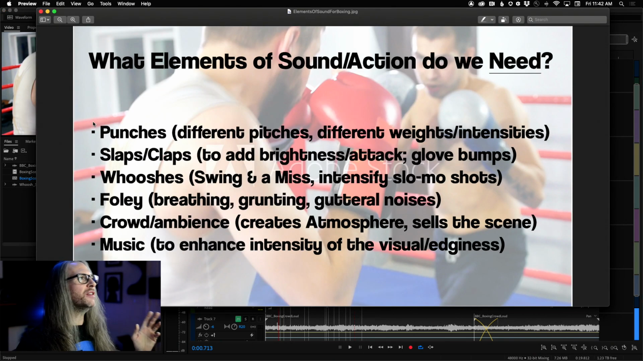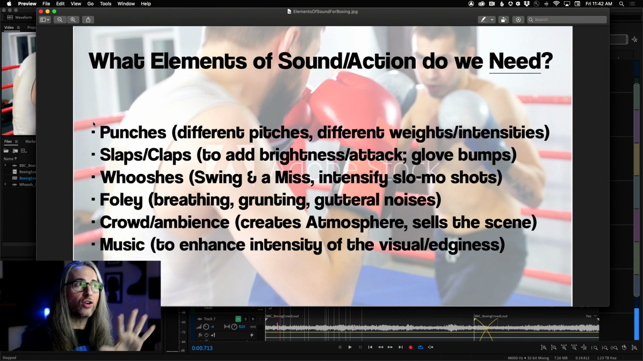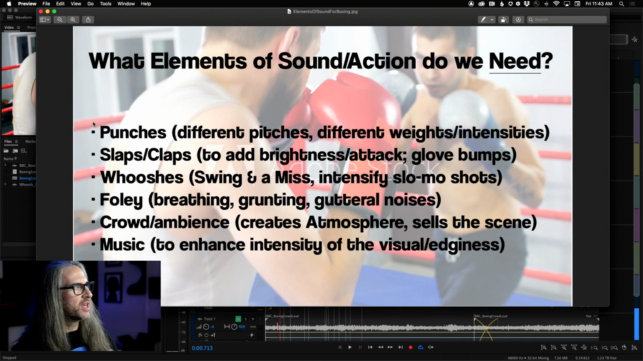So when you're watching the video, you need to think about, first and foremost, what elements of sound or action do we need? Do we need to mimic with sound design? So obviously for this, number one, punches. And we need different pitches, right? Something that really sets apart good sound design from bad. If every punch is